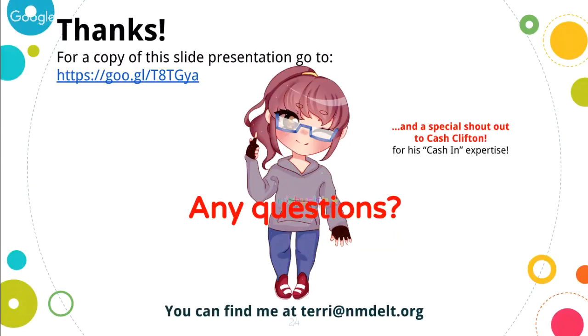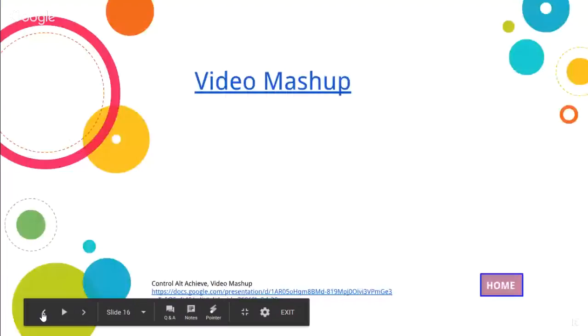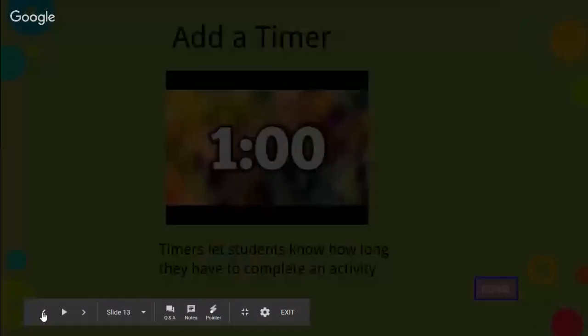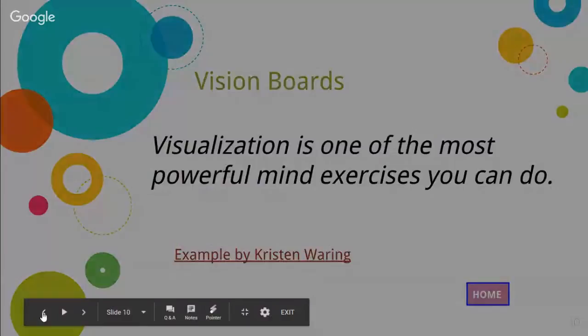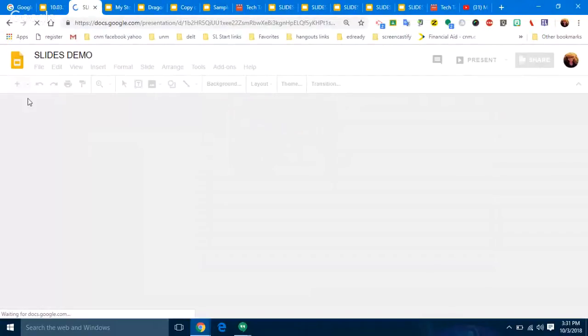Ronald asks, how do you add the home button to slides? The home button, that's a really good question. I want to go back to the actual beginning of this because I don't think I went through that so well. So let's go back to where we were talking about the basics. And that would be here. So I'm just going to click this because it'll take us back to here. So to insert the link,